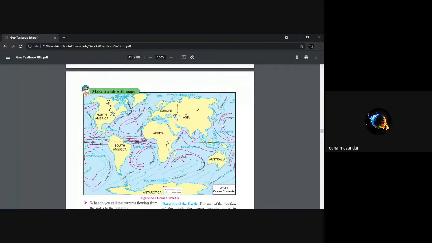For example, this is Japan. I am putting my arrow. This is Japan. This is North America, Alaska. This is the portion of Alaska. This is Greenland. European part. This is England and all. You can see this North Atlantic current. It is a warm current. So these regions which are actually cooler regions, very cold places as we can say,